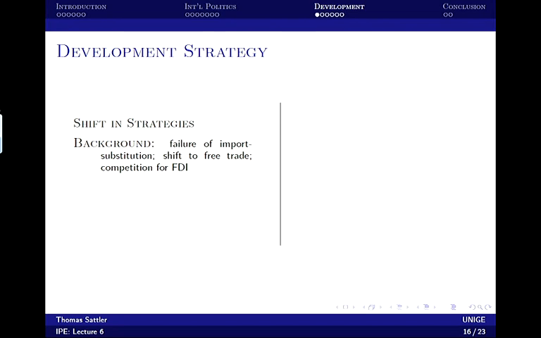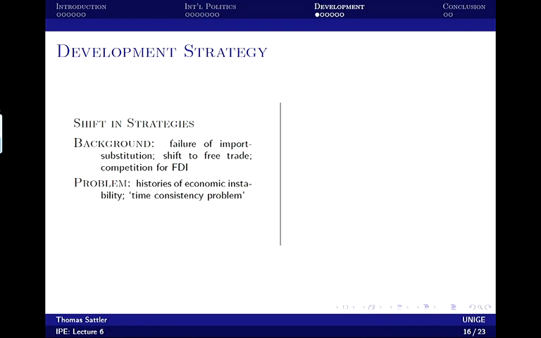So there's competition for foreign direct investment, which is part of this development strategy, and preferential trade agreements are crucial for this. The problem here is that those countries now have a history of economic instability. So investment faces a lot of political risks, such as changes in governments and therefore reversal and change of policy.